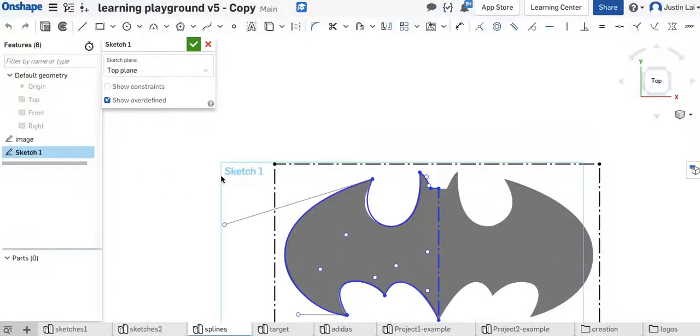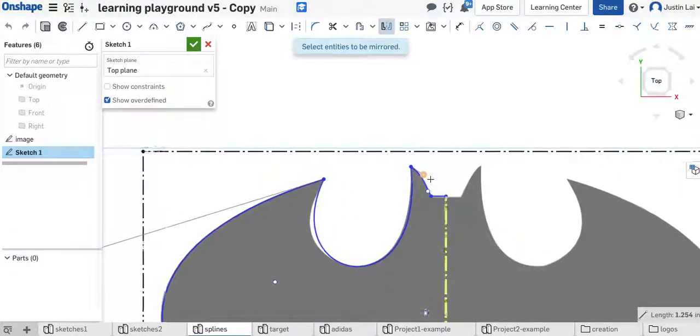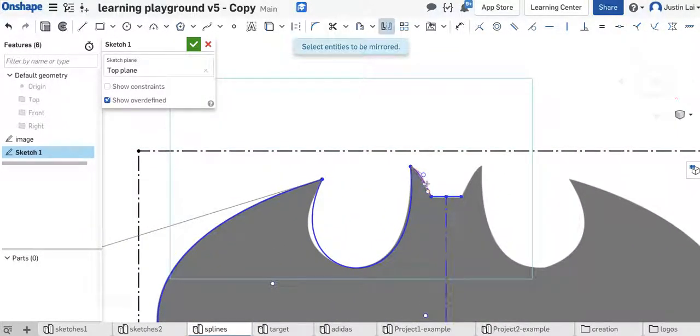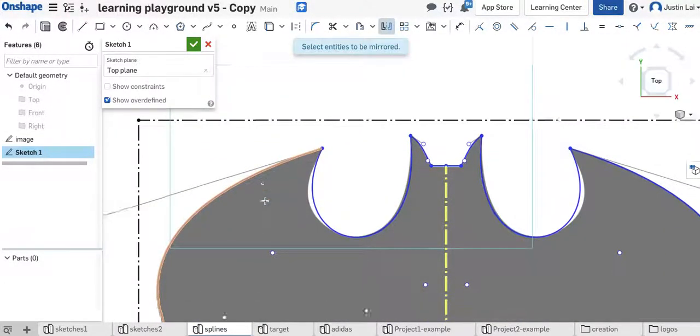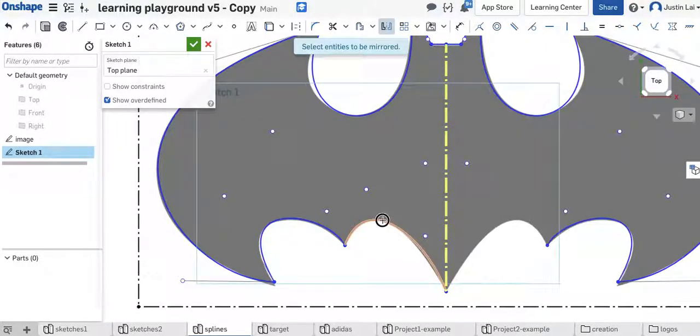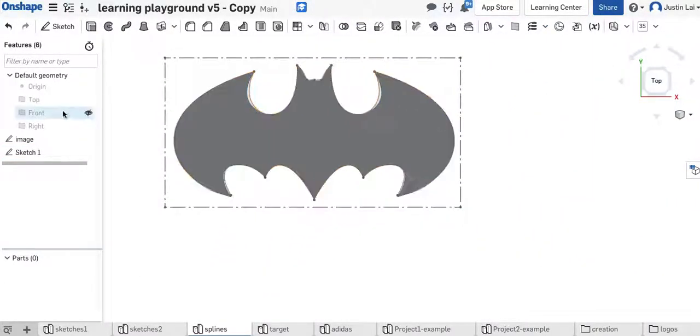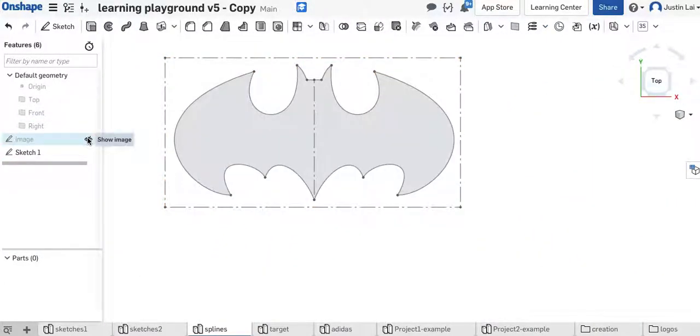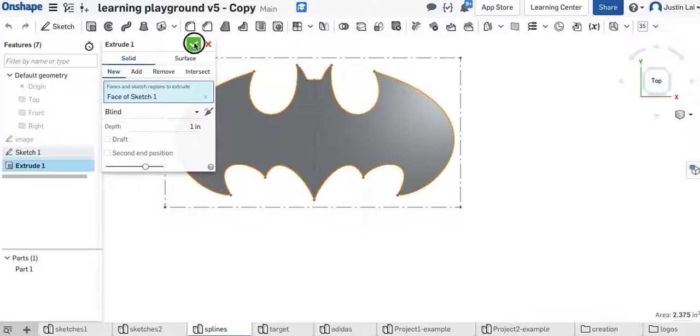Double click. And now let's mirror. So up here, there's a mirror tool. I pick my mirror line. Onshape says select entities to be mirrored. As I click these entities, it will mirror it over that line. Okay? And with that, click the green check to save. I can even hide my Batman. And because I have a closed shape, I can select this area, press extrude. Congratulations, you have